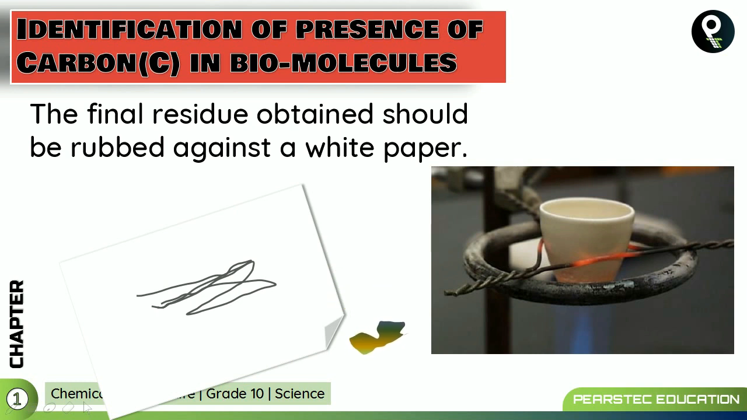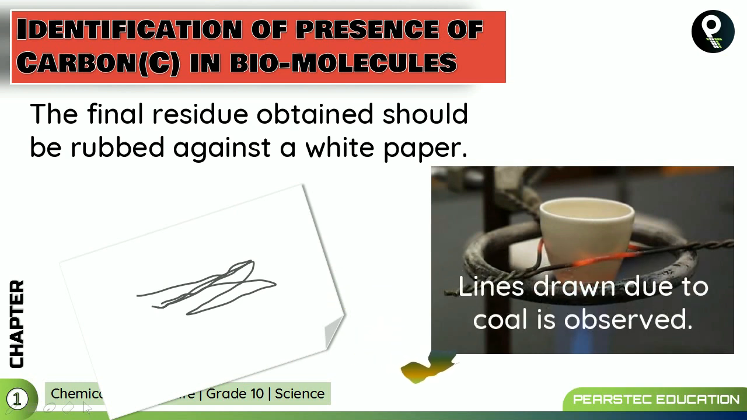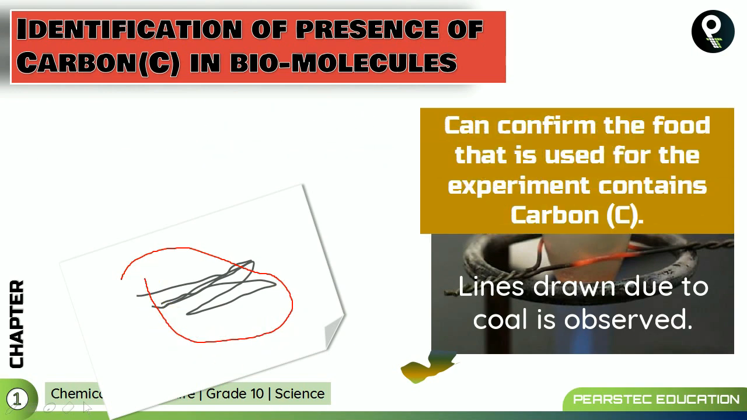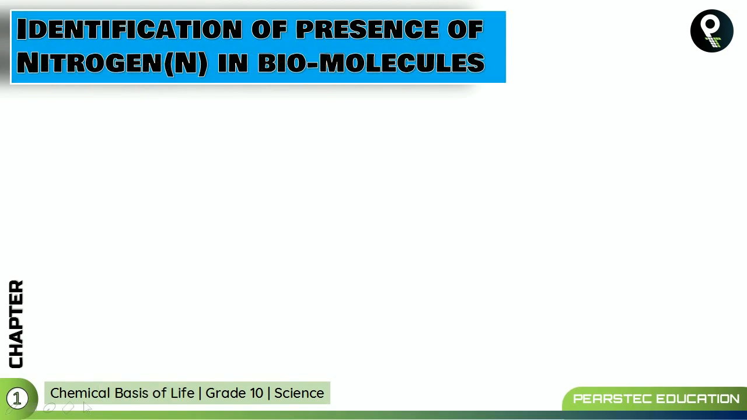See what happened? Yes, lines drawn due to coal are observed. Due to the coal presence, the line is appearing just like this on the sheet of paper. Right, that says it can confirm the food that is used for the experiment contains carbon. So that is an interesting experiment also. Now we came to know hydrogen, oxygen and carbon are available in the food we consume, and the next one